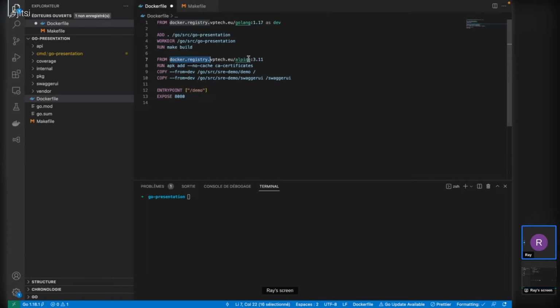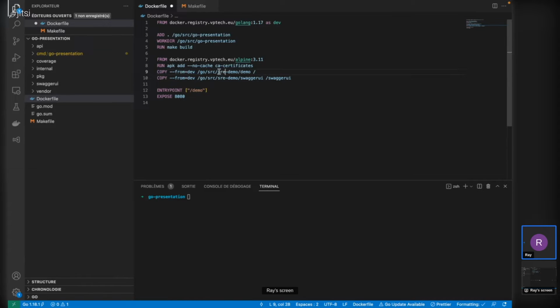So this is a very light image. There is no Golang inside of it. I will add some CA certificates into it, so that I can run my application in HTTPS once it goes to production.